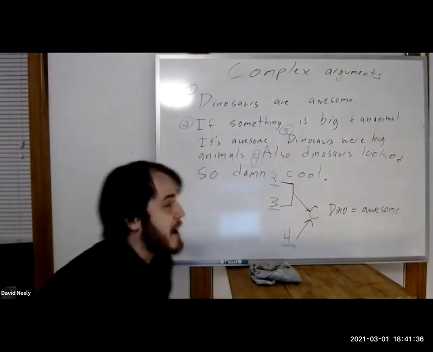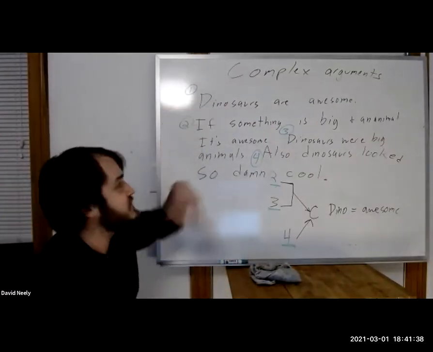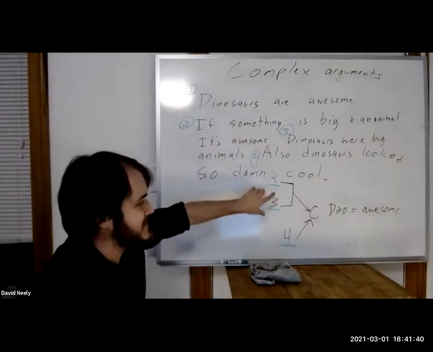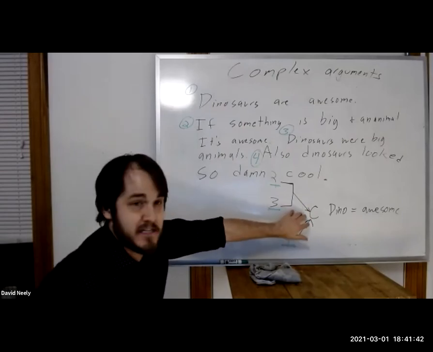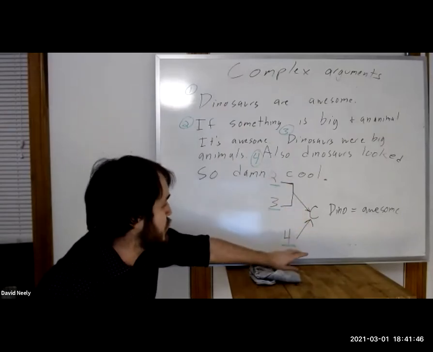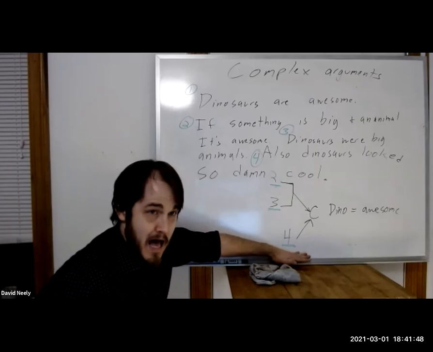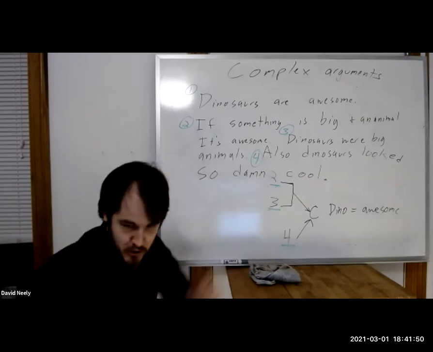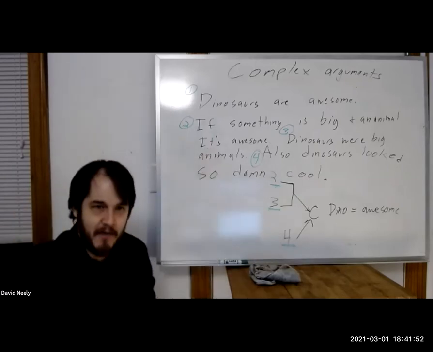So this is a more complex argument in which instead of just a conclusion with 2 premises, it's a conclusion that is being supported 1 by a set of linked premises and 2 by a separate convergent premise. So everyone understand how that goes?